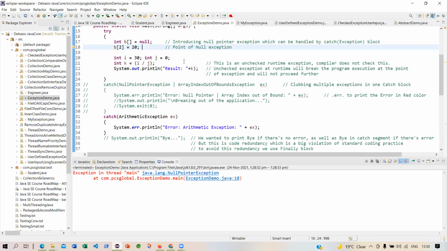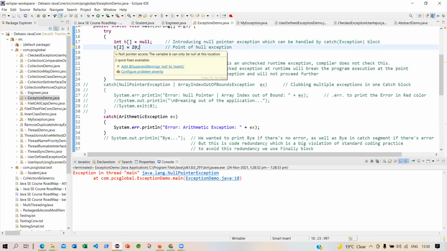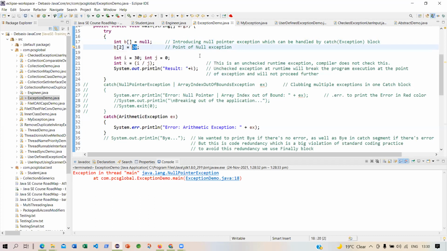And at the effect only, because it is trying to assign 20, see, it has no problem with this, neither the compiler nor the runtime engine. But once you try to do something with the B array and assign some finite value into some position, there is the null pointer exception.